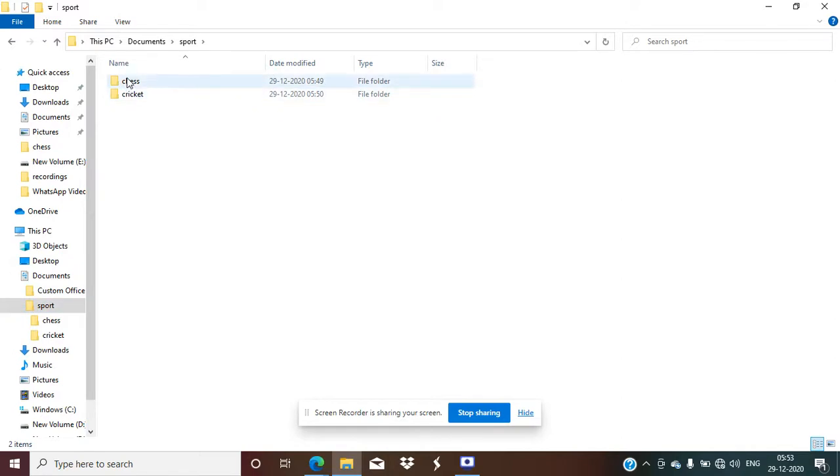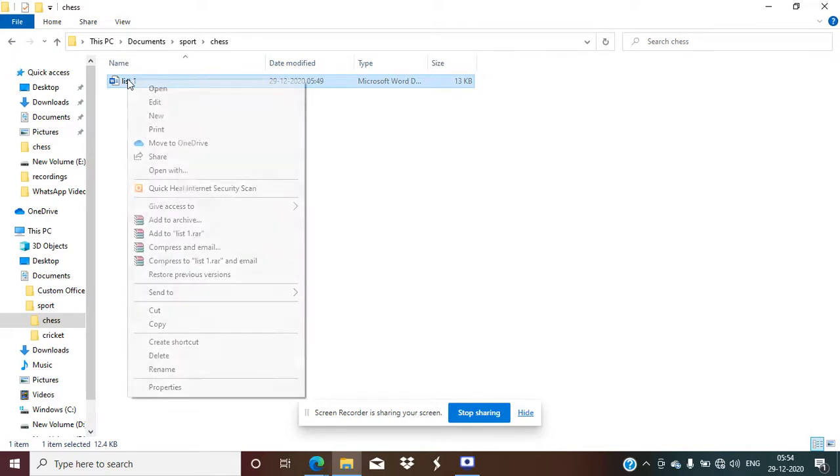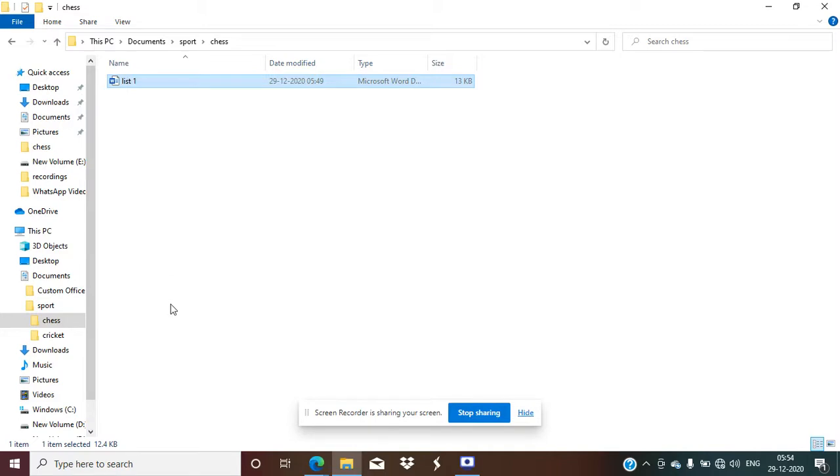Now suppose you want to copy a file from one folder to another folder to take a backup. Just click on your file or right click on your file and copy it. The file will be copied. Now you can take a backup of this file into another folder.